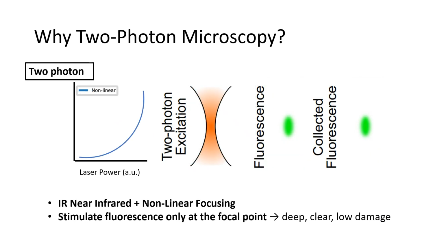In 1990, Denk and Webb resolved that bottleneck with two-photon excitation. A femtosecond near-infrared laser concentrates photon density only at the focal point, where two low-energy photons are absorbed simultaneously. That nonlinear process gives us intrinsic optical sectioning, 3 to 5-fold lower photobleaching, and penetration depths that routinely exceed 800